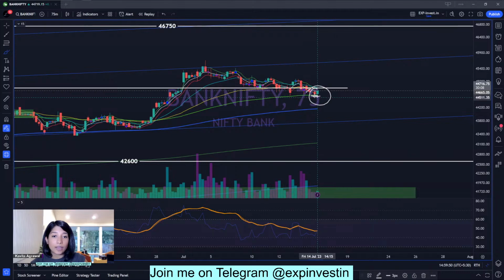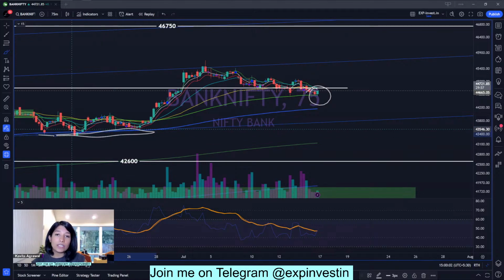Now this green line is the 100 EMA, and the reason I think this support is going to sustain is that the last time Bank Nifty took support, it took support at the 200 EMA. What I've seen is that during bullish trends, once prices have taken support at the 200 EMA, they go back up. When they take some correction and come back down, they usually tend not to break the 100 EMA, they go back up, and then next time when they come down, they take support at the 50 EMA, and then they really accelerate and go higher and higher.